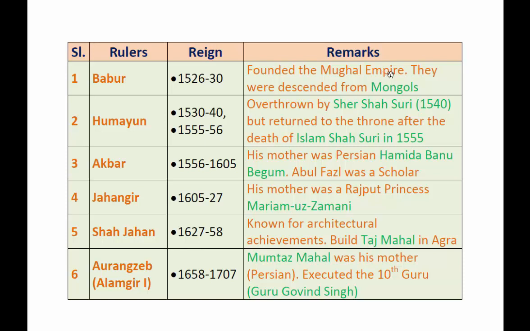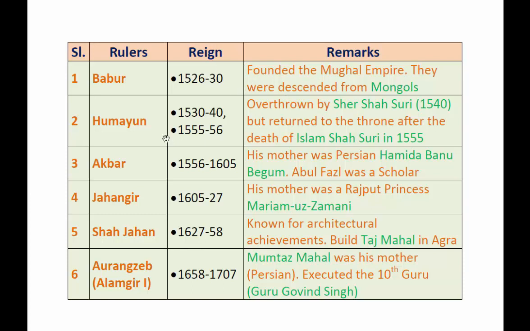I think we have learned something about the Mongols. The sultans were Turkish, Turkish slaves, so to say. Muhammad Ghori was a Turk from Turkey, you might have heard of the country Turkey. So the race of these sultans was basically Turkic, whereas the Mughals were of Mongol descent. All right, we'll study all this in detail.